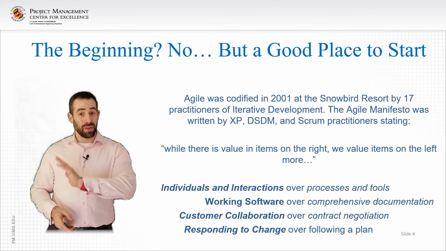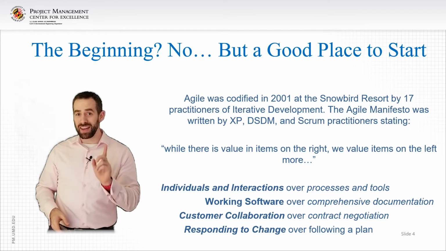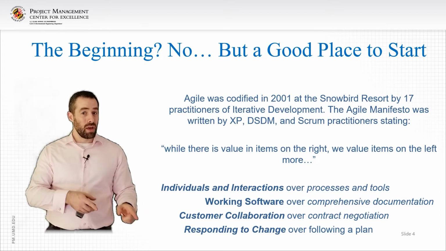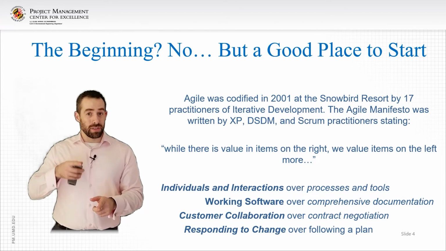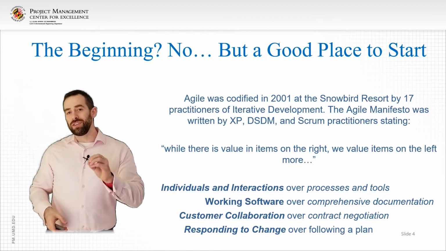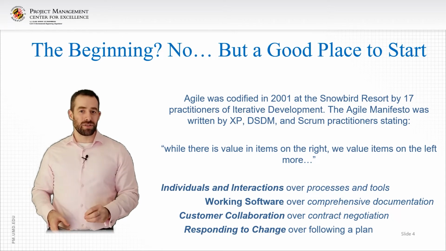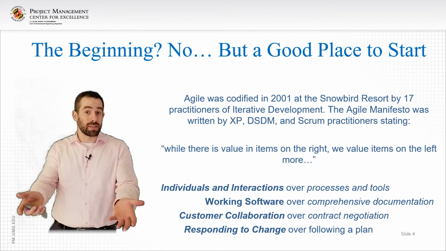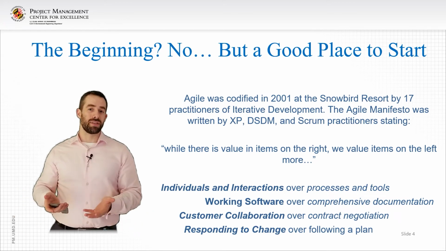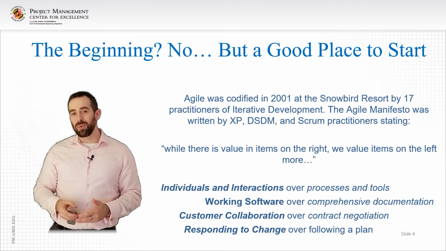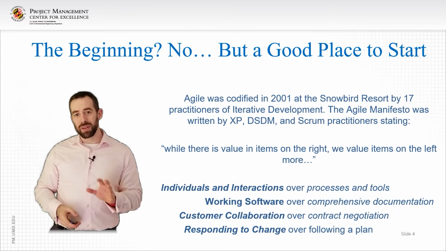And then again, plans are important. There's more planning in Agile approaches than there is inside of predictive. In fact, it happens every 2 to 4 weeks. But responding to change and being willing to change that plan is essential to be Agile. So this is what they came together, and this has basically launched 1,000 ships in terms of changing the world to become more Agile and to rethink what it means to work together to get complex work done.